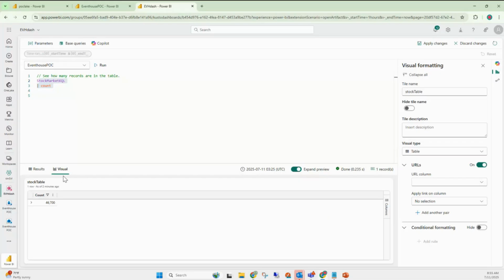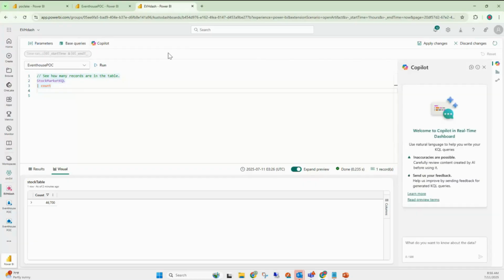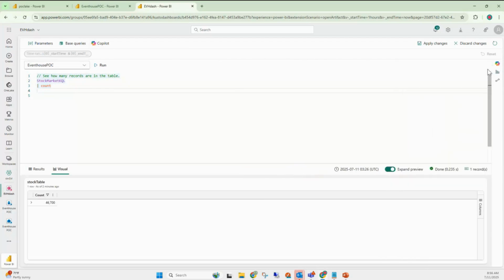Correct. So now I can add a time range. I can leverage Copilot as well. But unfortunately, for Copilot to be available, I need to have a dedicated capacity, which we will take a look at eventually in these weekend courses, in these weekend sessions. Now,